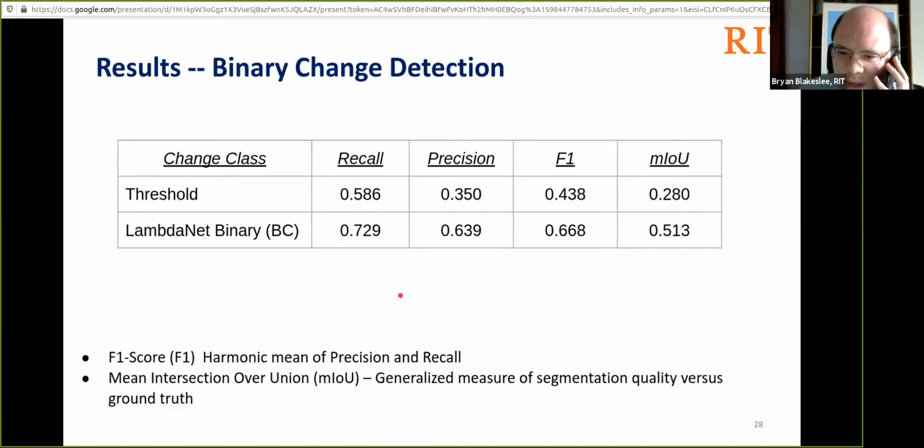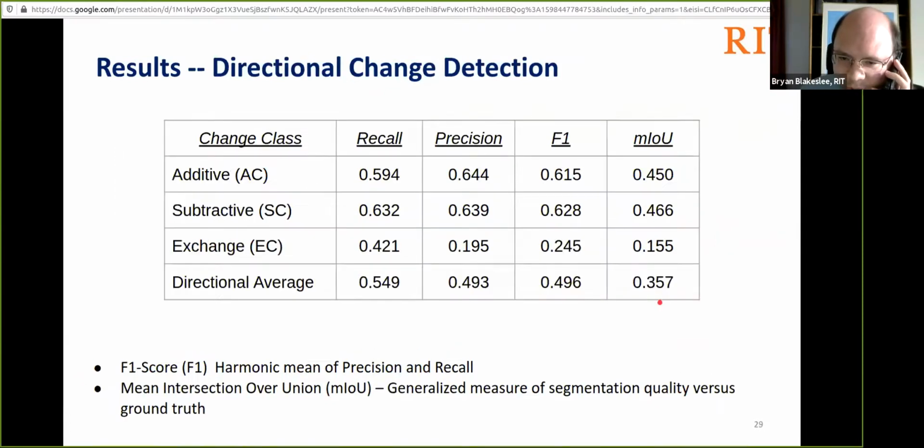And as a result, we can see between the threshold and LambdaNet in the binary case, LambdaNet performs significantly better than just the raw threshold technique. Now, when we expand that to the directional change case, we see that the additive and subtractive change classes both compare favorably with the binary change case. However, the exchange class tends to suffer a little bit.